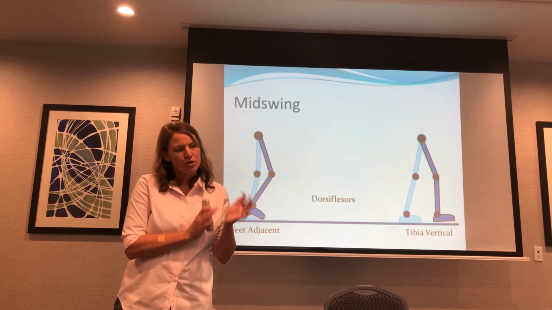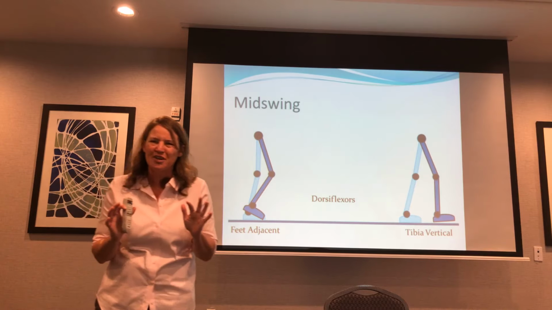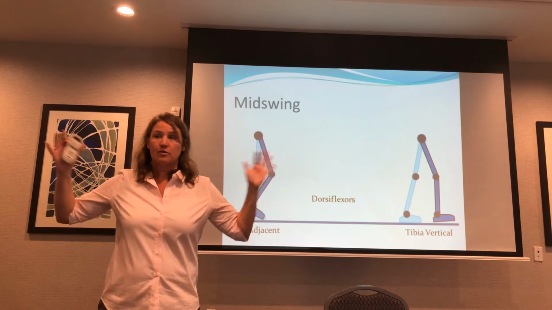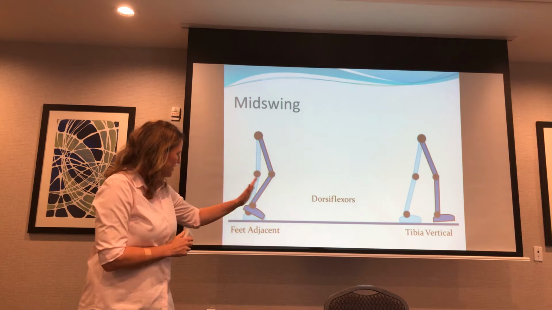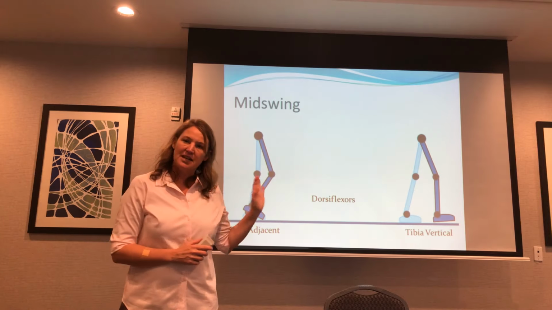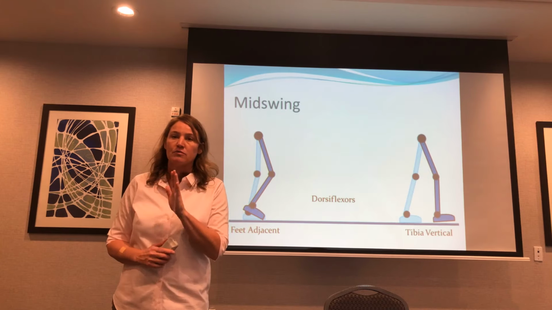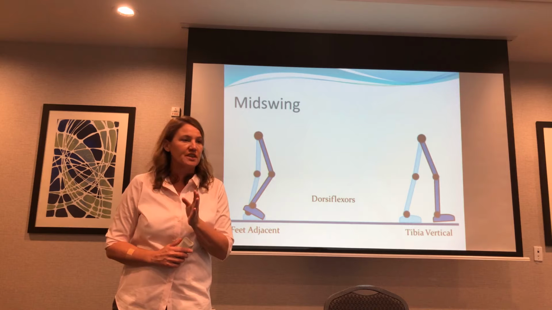When you look at mid-swing and the two limbs, this is a very limited look, because we're only really looking from the hips down, and we all know that some stuff upstairs matters too. But you'll see there's not a lot of muscle activity or range of motion necessary for this portion, and this is what your really diminished patient's gait is going to look like. I call it short shuffling steps.